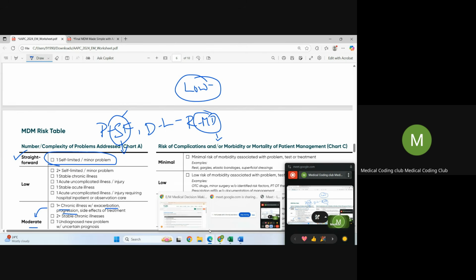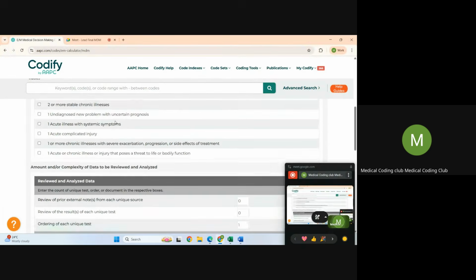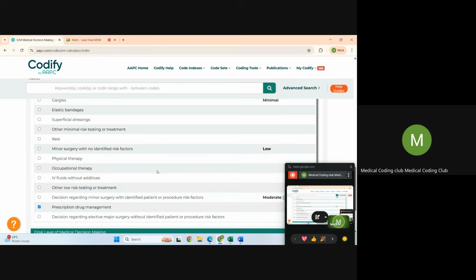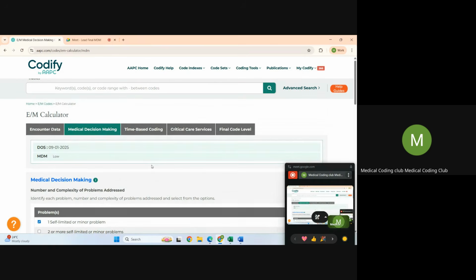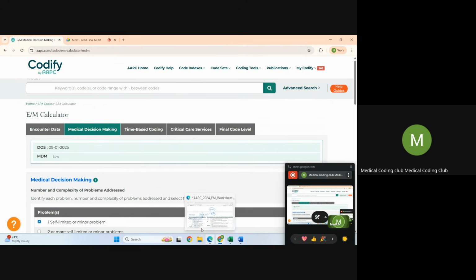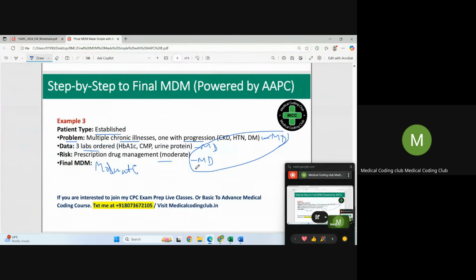That's what you are seeing in the AAPC calculator also. You can see the final MDM as low level. So that's how you can navigate your calculator. Please take your time and take your own examples which you see in your daily coding life, and you can explore it. Okay, so that's all for today, and I hope you got some ideas on how to use